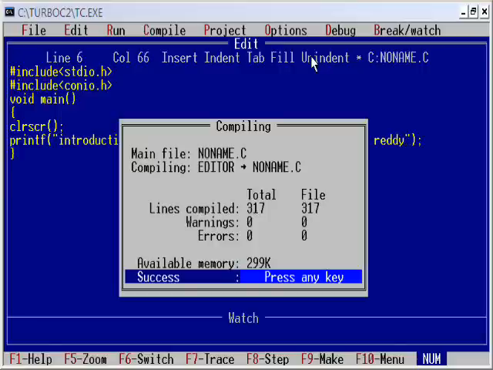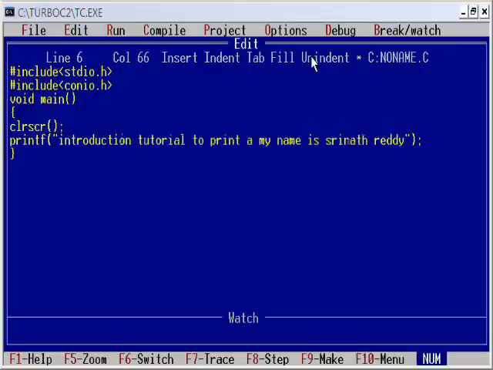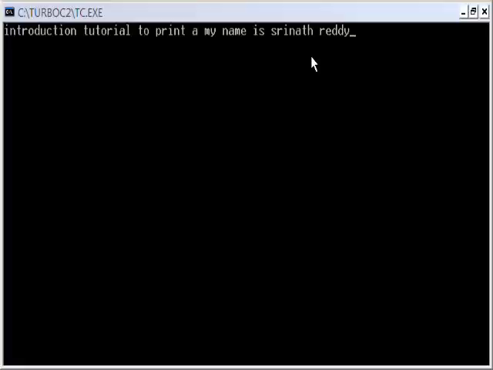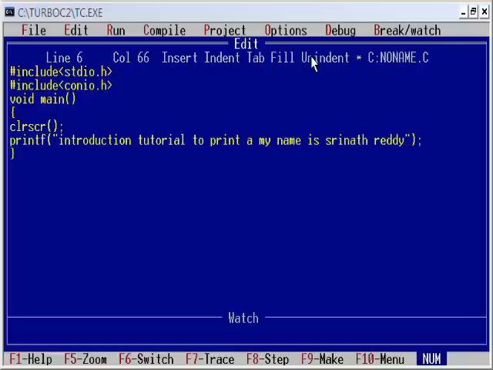It is a success with 0 errors and 0 warnings. It executed successfully, showing your message: introduction tutorial to print, my name is Srinath Reddy. So in this way you can print any kind of message using this printf function.